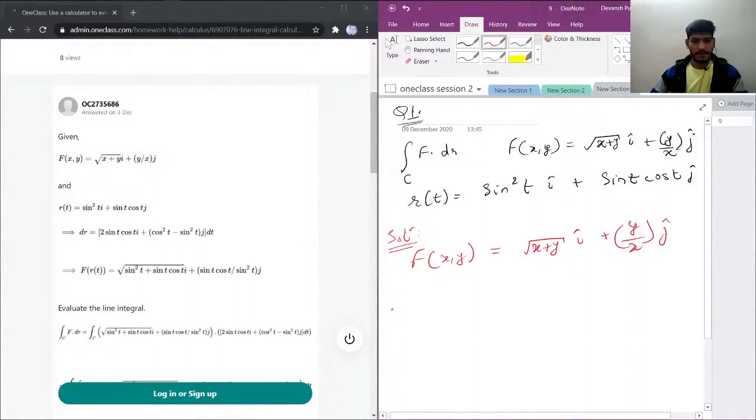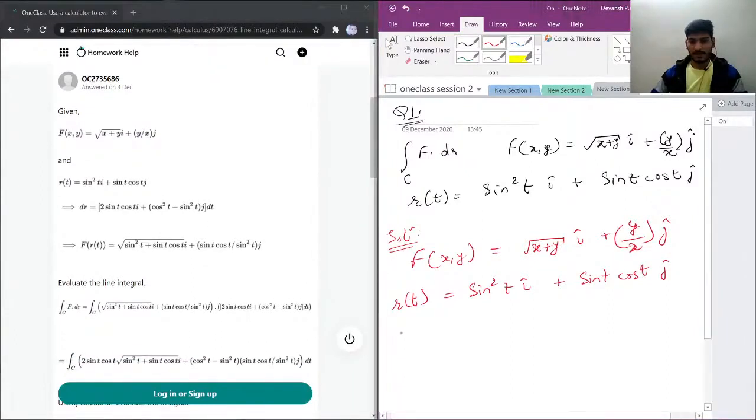Then we have function r of t, which is sine square t I plus sine t cosine t j. Now